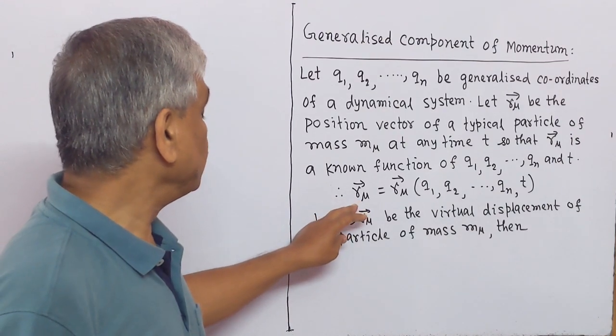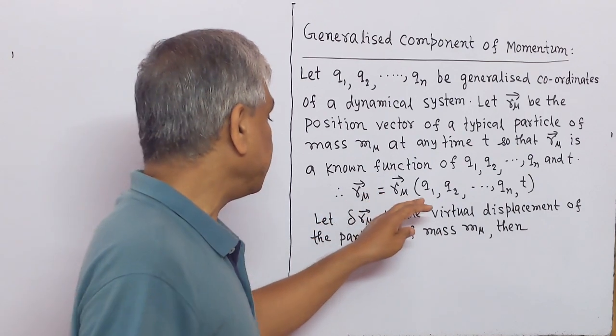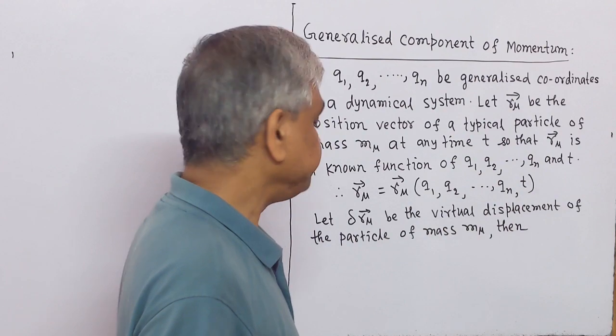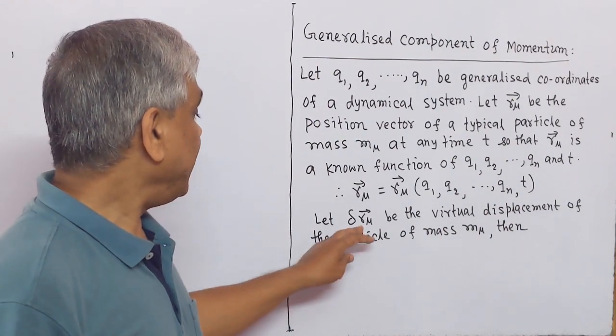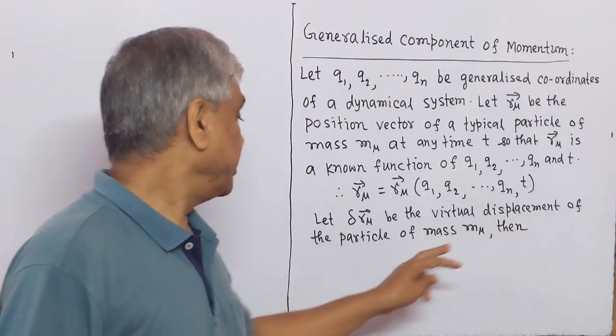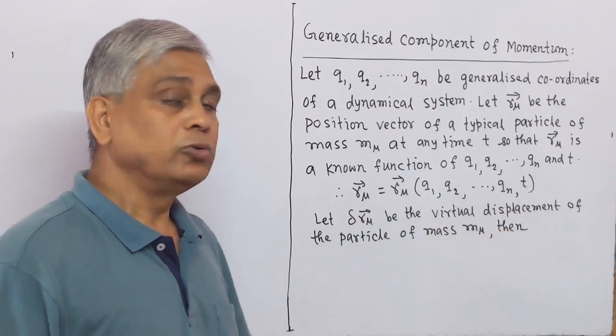Therefore, the position vector r_mu is a function of q1, q2, ..., qn, t. Let delta r_mu be the virtual displacement of the particle of mass m_mu, then